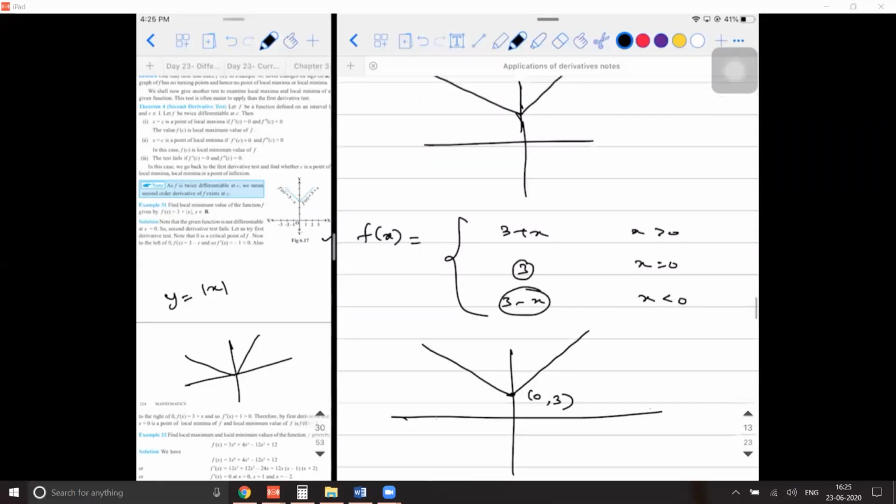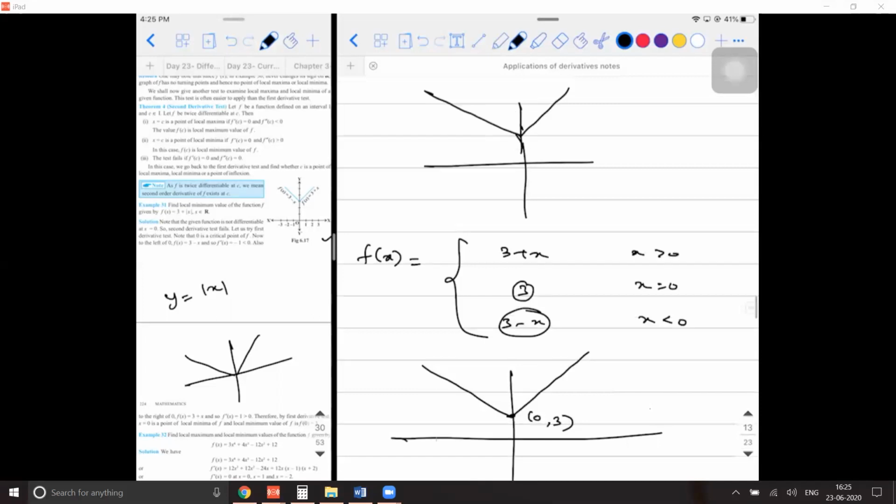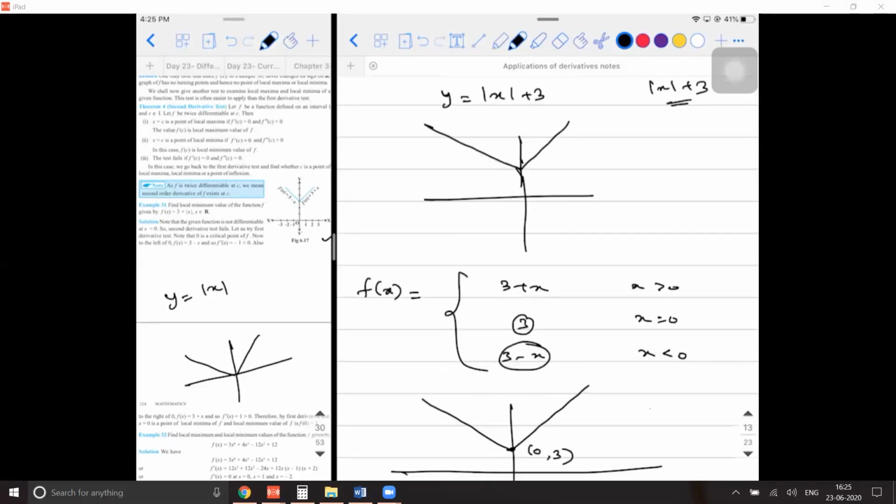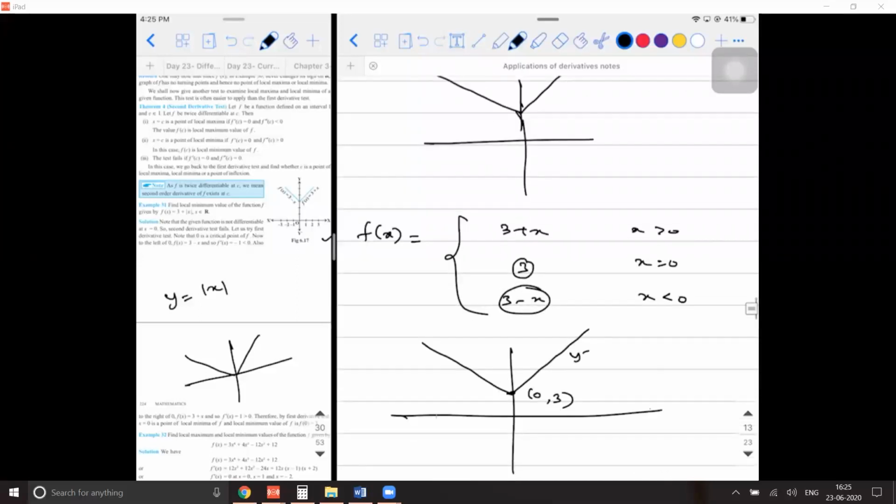So all these three are different approaches which you can follow. It is up to you. Whichever is comfortable for you, you can take. So what will be the equation of the shape? y will be equal to 3 plus x, and this will be y is equal to 3 minus x. Okay. If there is any point that is confusing you, please let me know, or else we can proceed to the next problem.